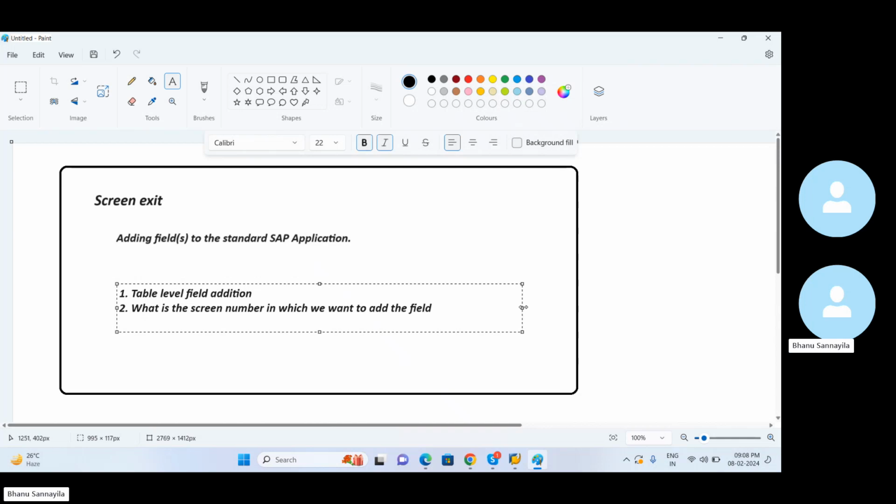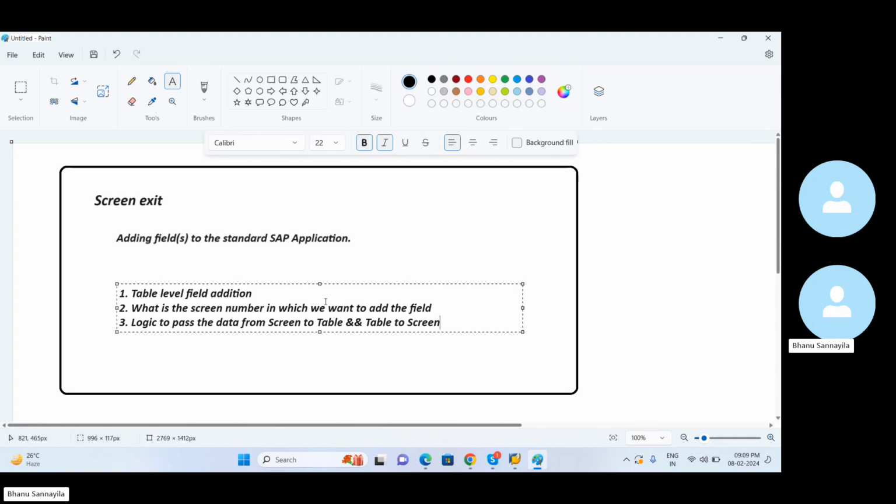The last one is logic, to move the data from the screen into the table and from the table to the screen. We have to focus on these three things if we are working